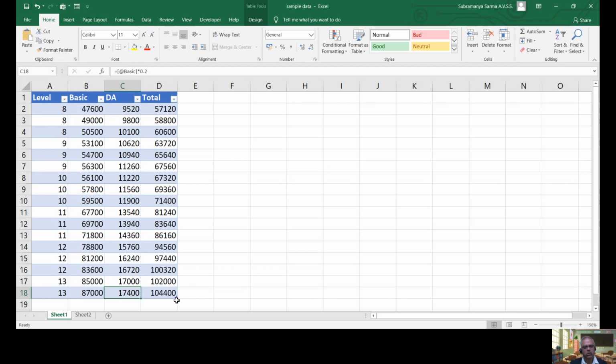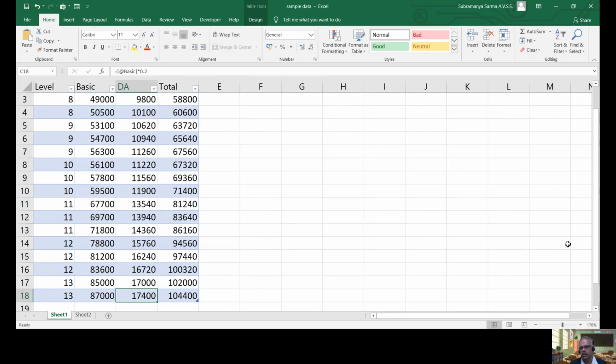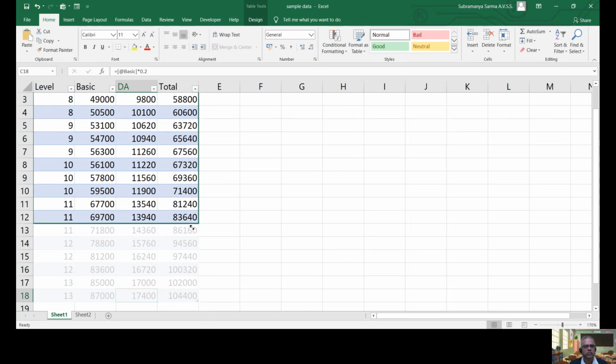Okay. So far we have seen the table expanding, but can we shrink it? We can also shrink. For that, I will zoom in a bit so that it is very clear to see. See here, in the last cell, there is a small symbol. There you have to click and drag. Suppose I dragged up to here.